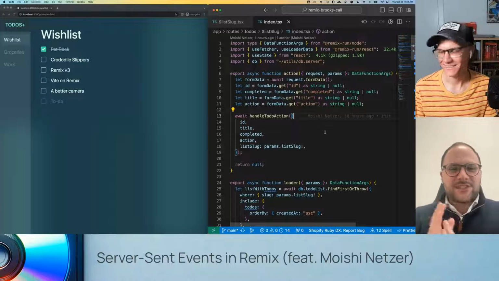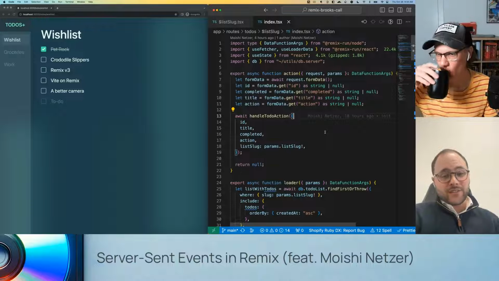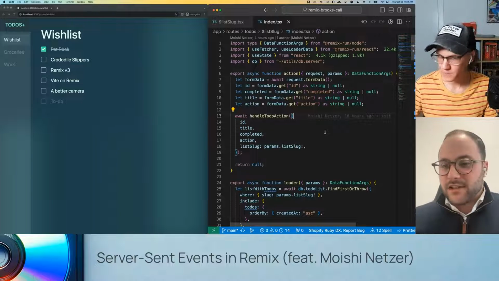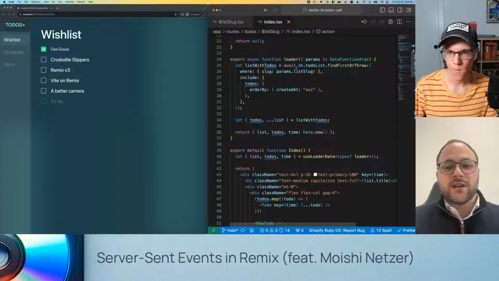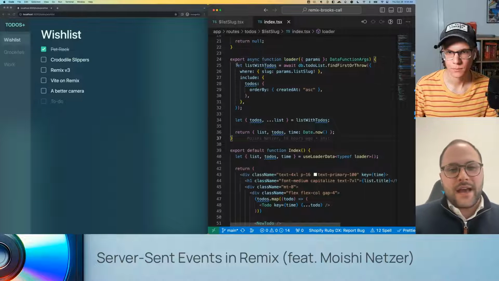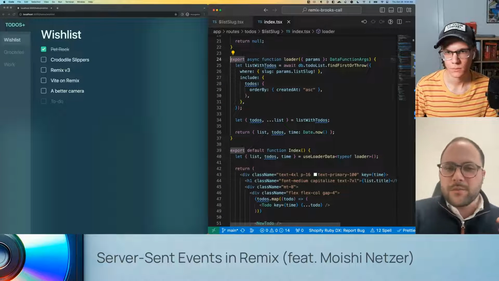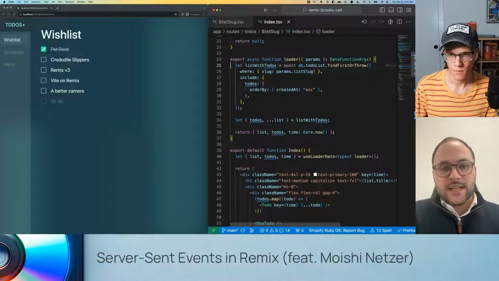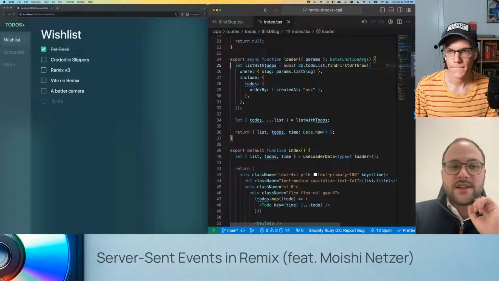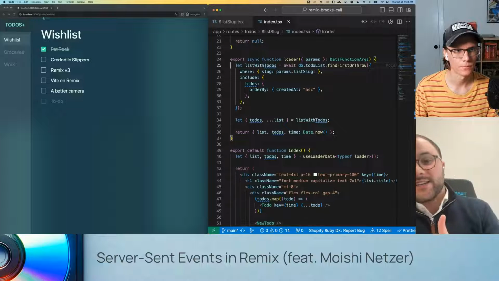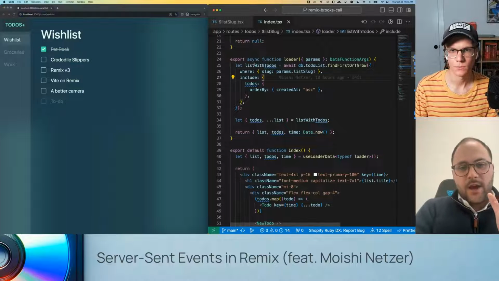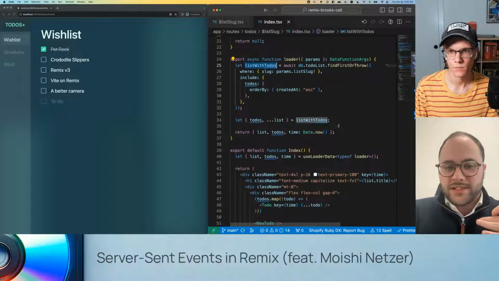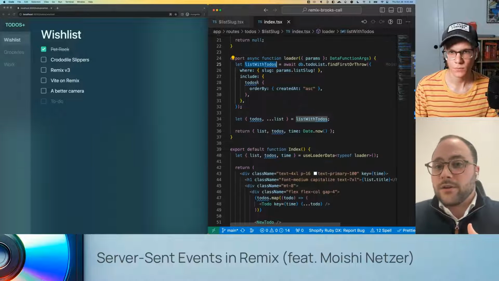Okay, brilliant. So let's just walk through your standard Remix conventions. You need to get data from the server. How do you do that? You do that with your loader. So let's go look at the loader, and we can talk through this. What are we doing? We're getting all the to-do lists where that is the same slug as the list we're on. Look at the URL on the left-hand side. We're on /todos/wishlist. And we're getting that slug, and we're using that to fetch the data from a database and send it down to the component.